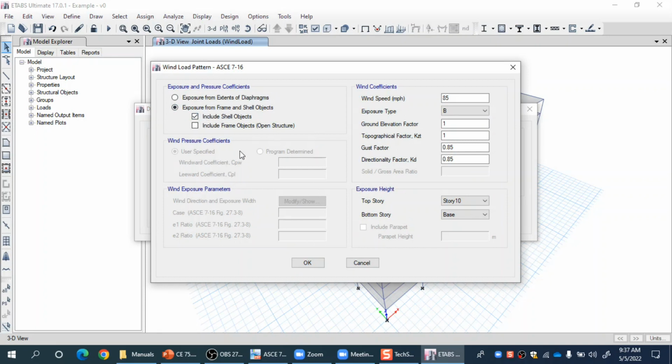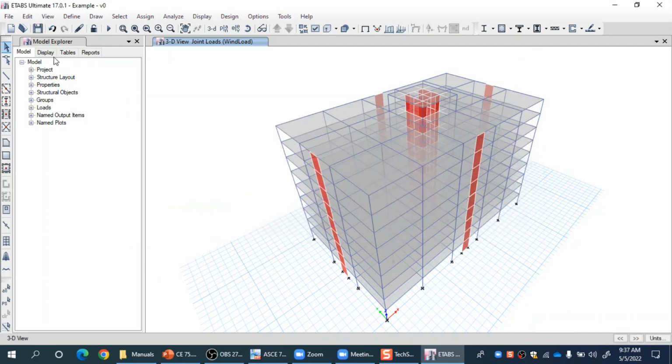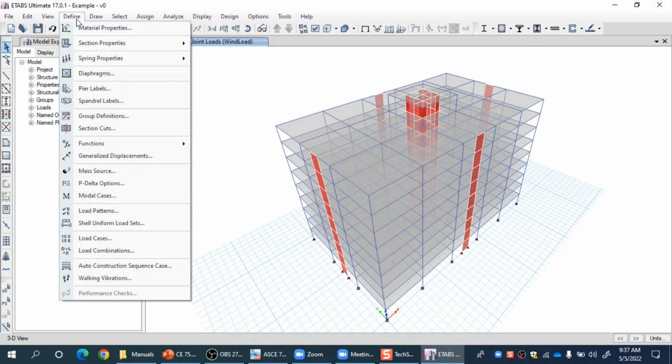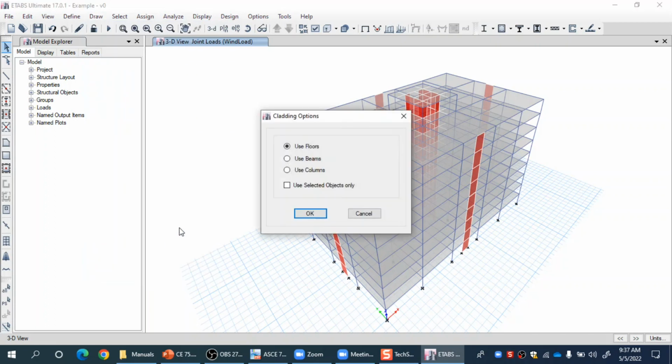I have to manually include cladding and apply the pressure coefficient to those cladding. So I can click on OK and again OK. Now I can go for one option, which is here, define, actually here draw, and here is auto draw cladding. If I go for this option, the program will automatically cover my building's exterior with null shell elements which are representing the cladding. So let me click on this option, draw auto draw cladding, and it is saying that